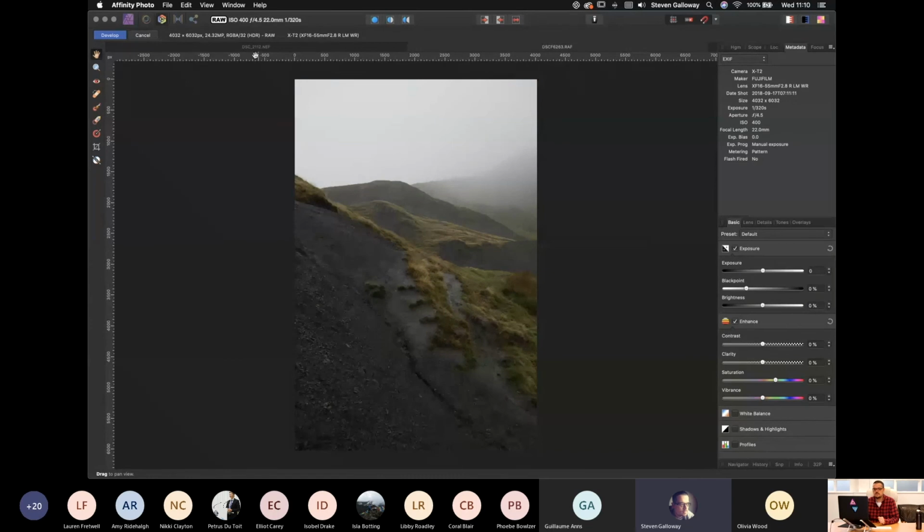So I've opened these up and I've gone straight to my develop persona. Now, if you remember, there's a couple of different personas to use in Affinity. And because I've opened up a raw file, it's taken me immediately to the develop persona. But I always suggest that you start there with all your images, because it's quite a straightforward editing process. I'm just going to move the channel window over there so I can see the sliders. It is slider based, so I can literally increase or decrease things like my exposure, my contrast on the image, brightness of the ambience,